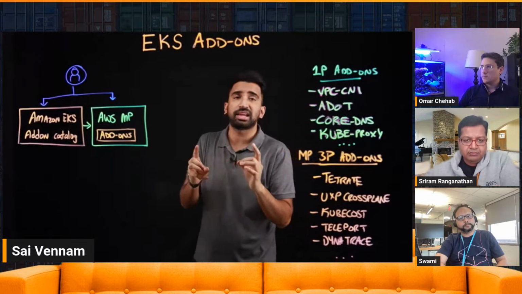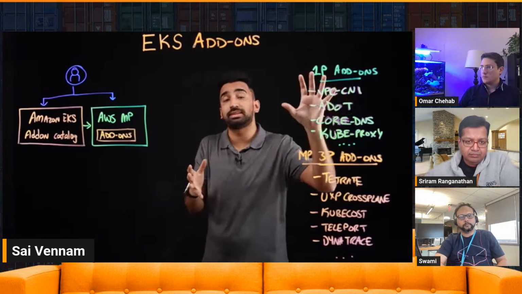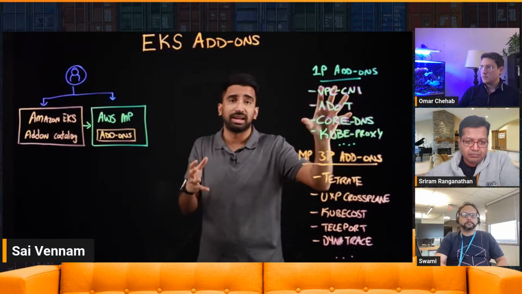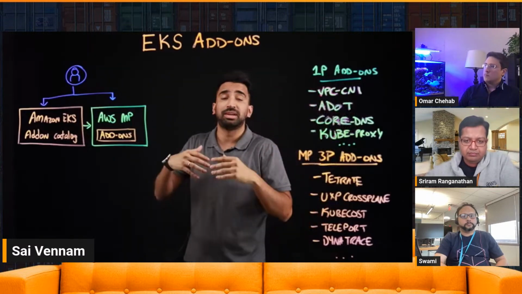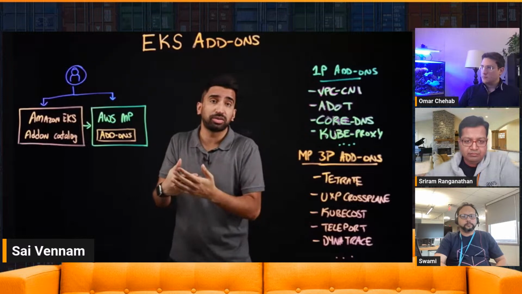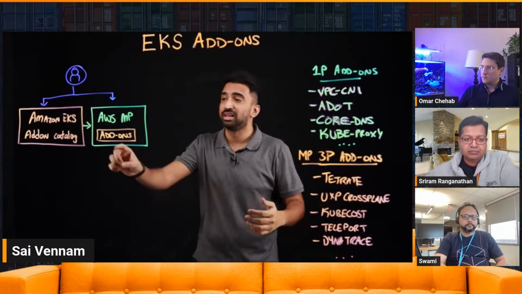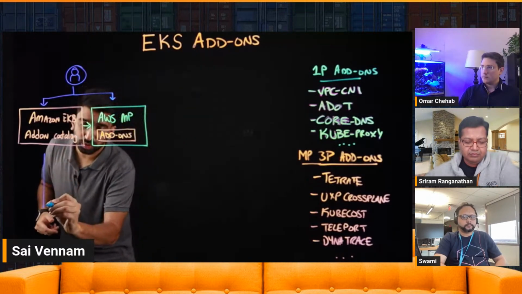Now, one key thing I want to point out is that this experience extends the first-party add-on experience that has already been available in Amazon EKS. Basically, the APIs that are used to spin up add-ons can now also be used to spin up third-party add-ons. Once that subscription is validated to be in place, what this is going to do, and now let's draw